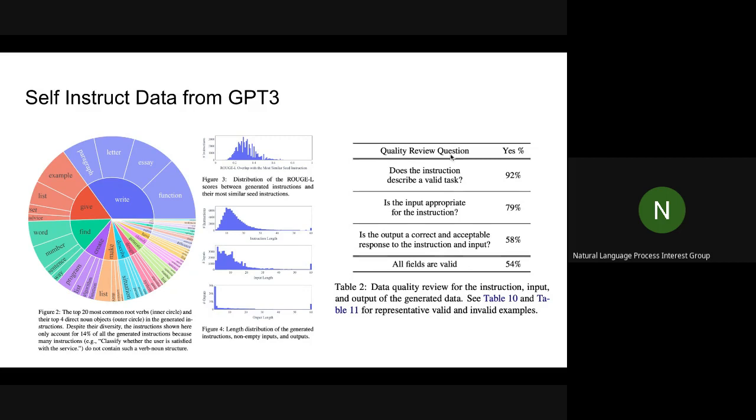Yes. Okay. So as you can see, they just do basic annotation. Does the instruction describe a valid task? Is it an appropriate format? Is the output correct and acceptable? I don't know, it seems a bit low, but at least it seems to be generating valid instructions. And then I think, as we said, one of the good things that you could use this for is